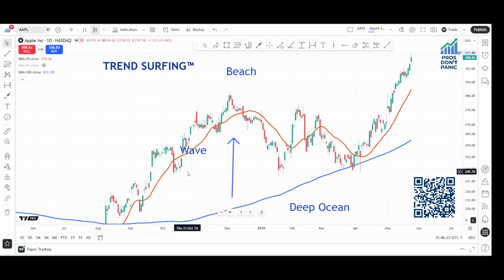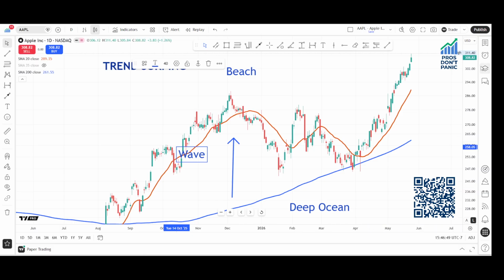If you have an analogy where you start to think like that, then you realize I don't have to get emotional getting out of a trade, and I don't have to get emotional getting into a trade. I just surf it like I'm surfing a wave. It's no big deal. So you reorient yourself to the actual physical reality of energy moving through the ocean in real surfing. Then you say, okay, this is just energy moving through the market. I'm just going to surf it. That's it. And this is how we would do it.